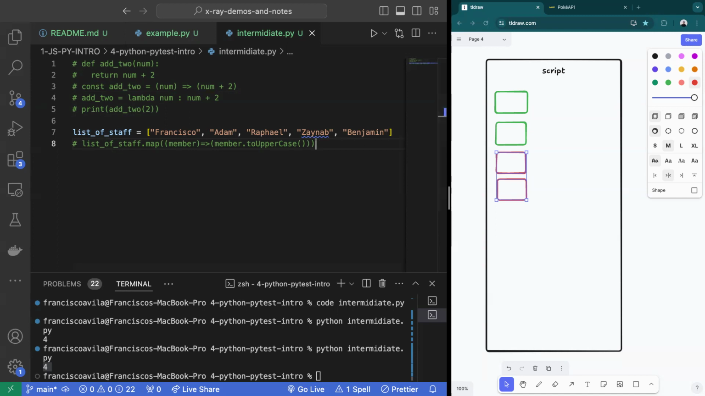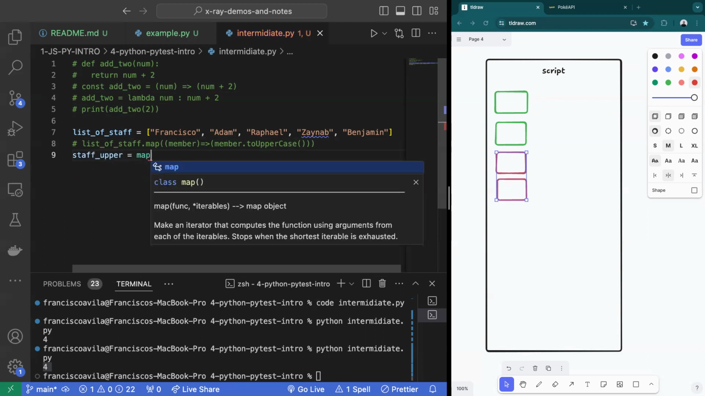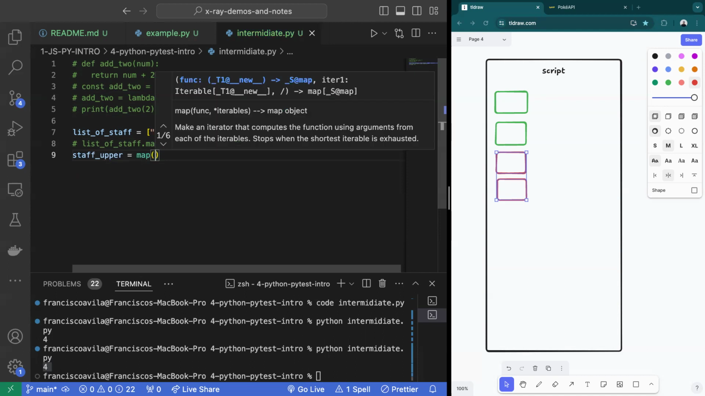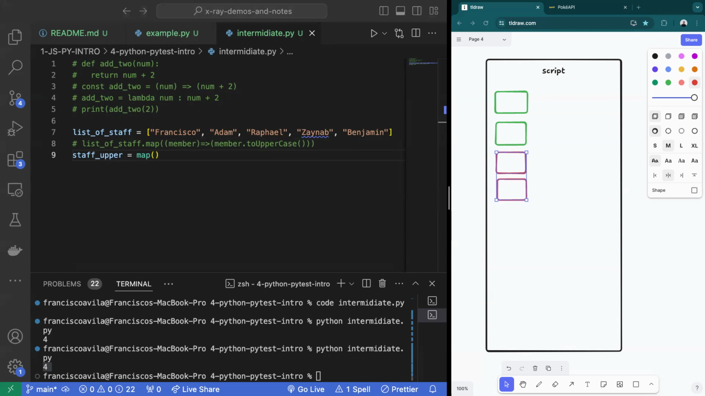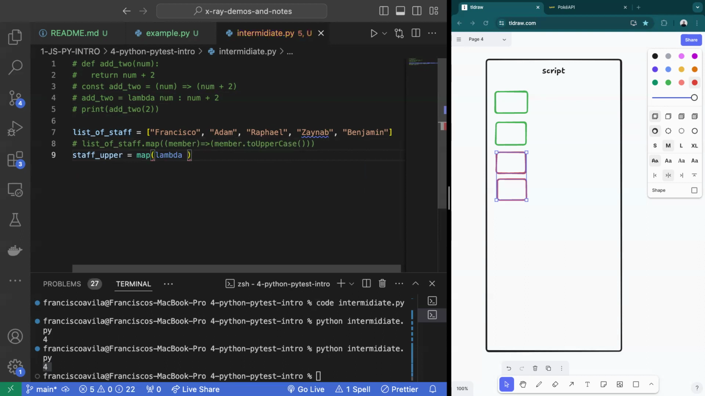Well, now I want to do this with a list. I have my list of staff. Let's say I want list of staff upper, and I'm going to make this equal to the mapping function. Again, it's pretty similar. You'll see here shortly. I am mapping. I am going to give a representation of what I want to do to each one of them. So here's a lambda function,